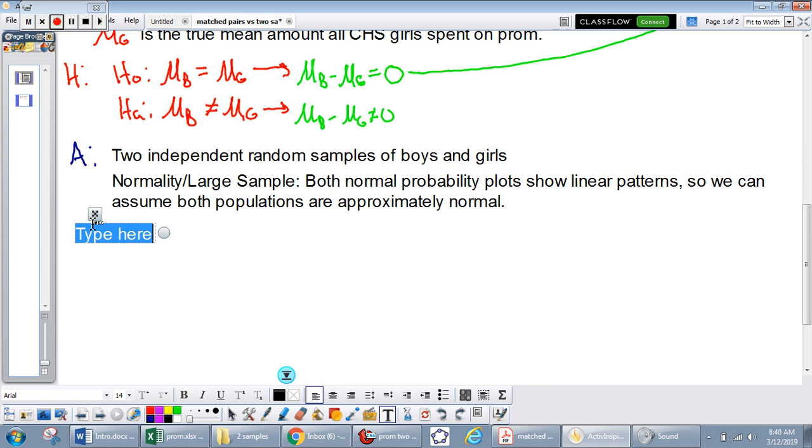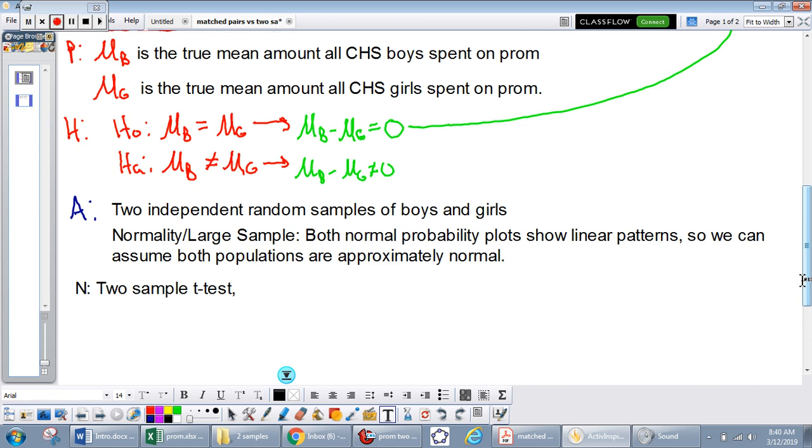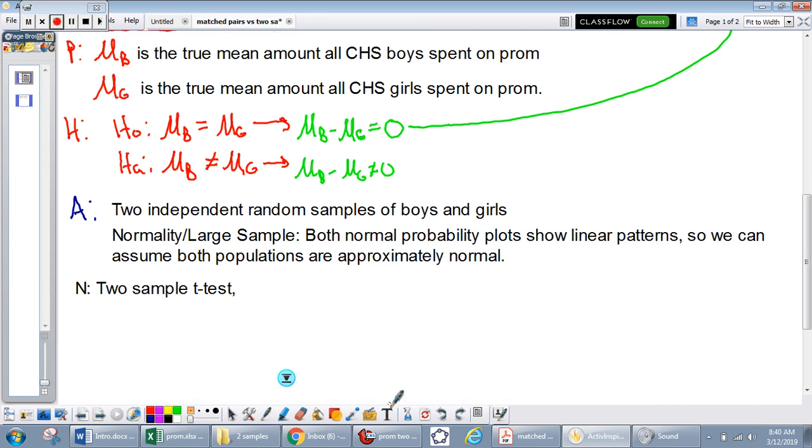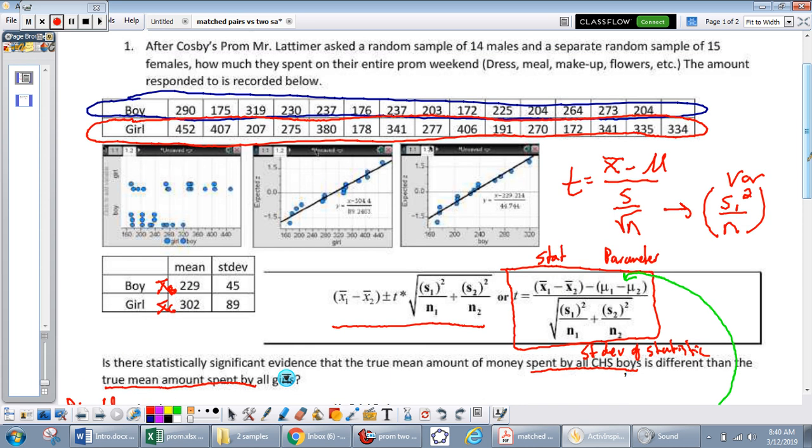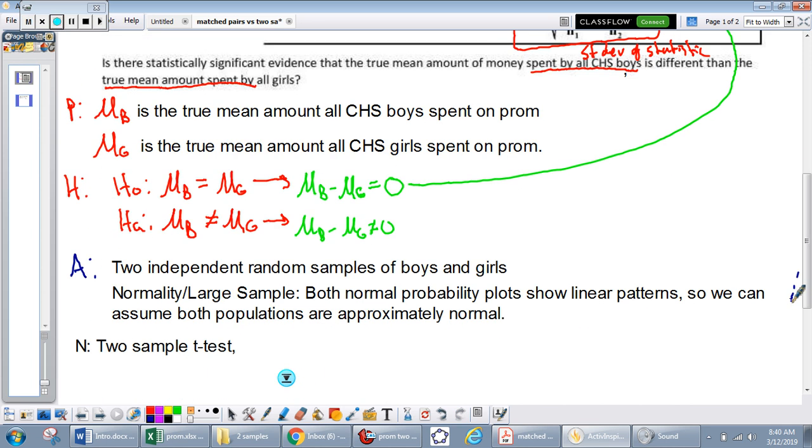So we got a new test, right? This is going to be our 2-sample t-test. Why? How many samples do I have? 2. It's pretty easy. Now we know that whenever we do a t-test, we need degrees of freedom. Now there's a couple of ways to get degrees of freedom in this. So the first way would be that we come up here, and the easiest way is to pick the smaller of the 2 sample sizes. So I have 14 versus 15, so the smaller is 14, and so I would just simply do 14 minus